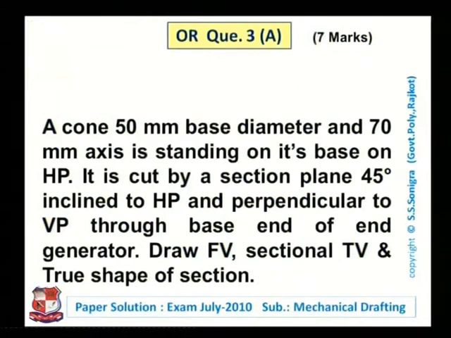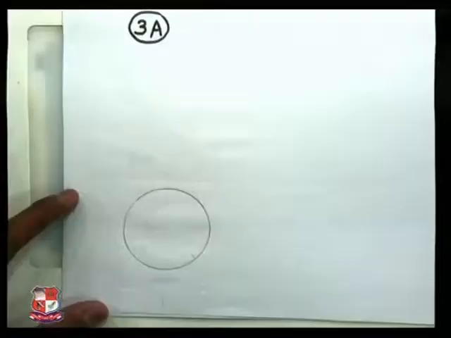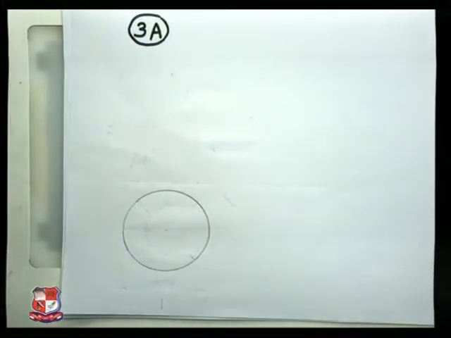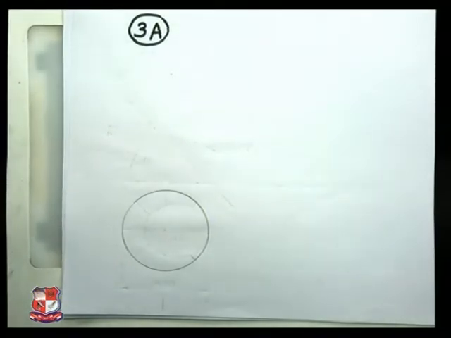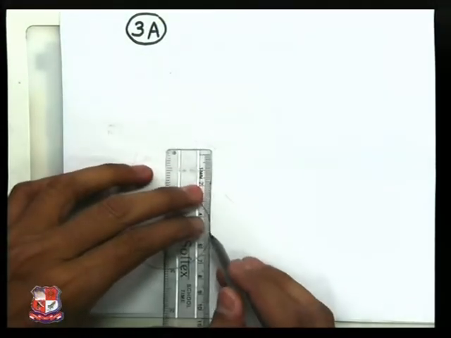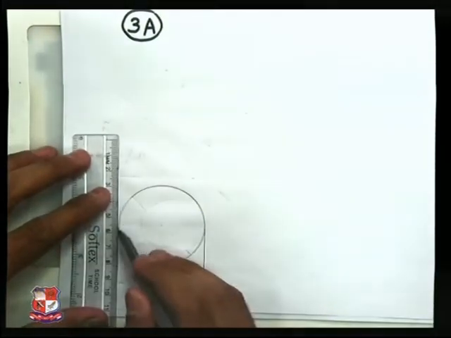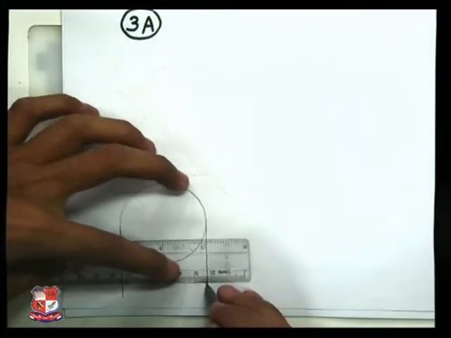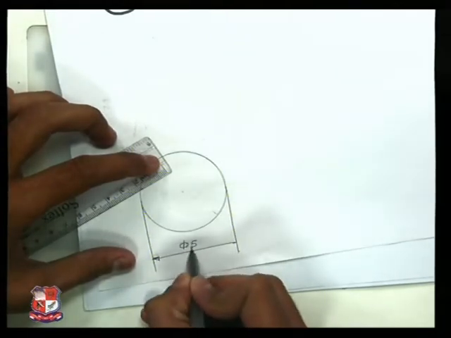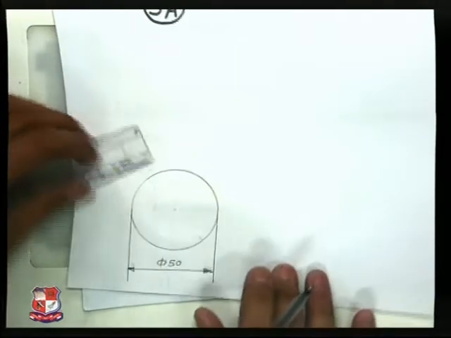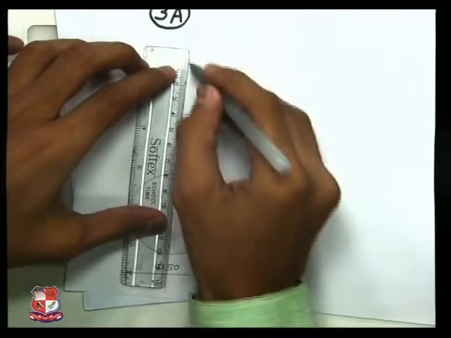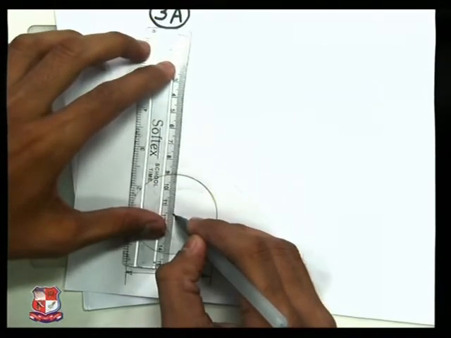So first we draw a circle of diameter given in the data, that is 50 mm. So insert this parameter over here. This is the circle having diameter 50 mm. Insert the dimension over here like this. You can mention this parameter of 50 mm in the drawing sheet like this. It's a diameter, so write ø50 over here and draw its axis, vertical axis and horizontal axis of the cone like this. The axis would appear like this.